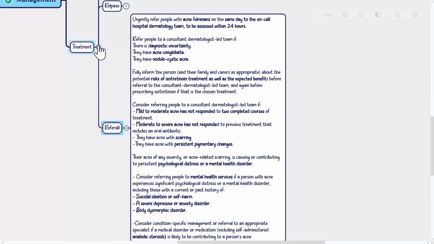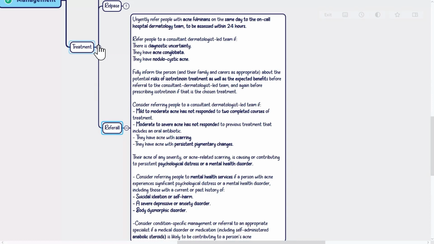chosen treatment. Consider referring people to a consultant dermatologist-led team if mild to moderate acne has not responded to two completed courses of treatment. Moderate to severe acne has not responded to previous treatment that includes an oral antibiotic. They have acne with scarring. They have acne with persistent pigmentary changes. Their acne of any severity or acne-related scarring is causing or contributing to persistent psychological distress or a mental health